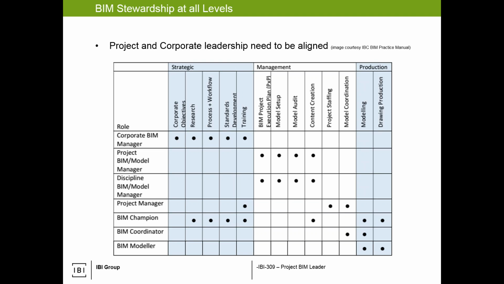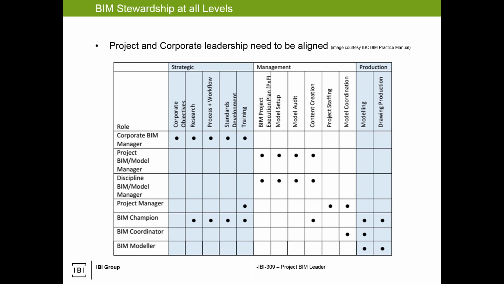We provide corporate governance as well. So again, this is from the same Institute for BIM in Canada BIM practice manual, but it talks about the importance of having strategic as well as project level management and then production. And you can see there's a lot of roles that they're defining there, but the concept there is you want to make sure that we're not driving something new every single time at the project level. That makes us inefficient as a firm. So corporate governance, we look at standards, best practices, workflows relative to software types, relative to what we're doing and why we're doing and what we could do.